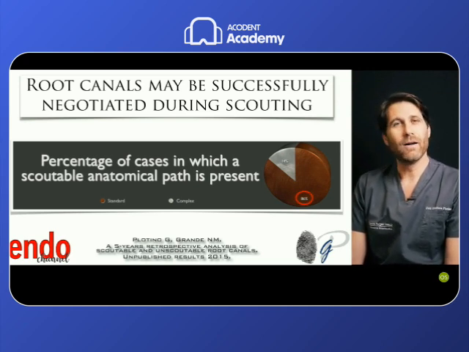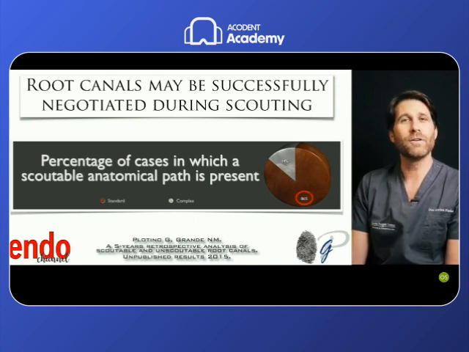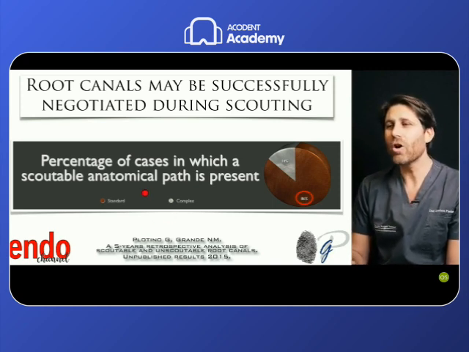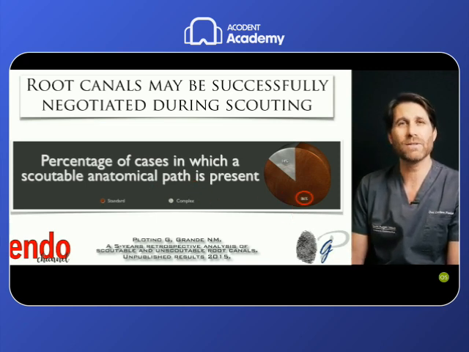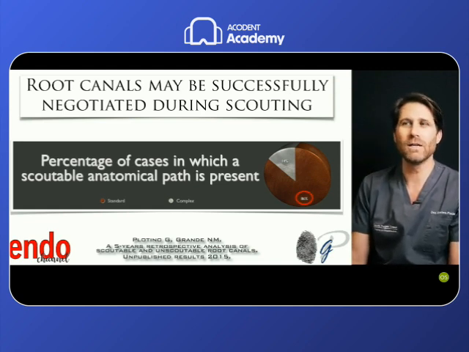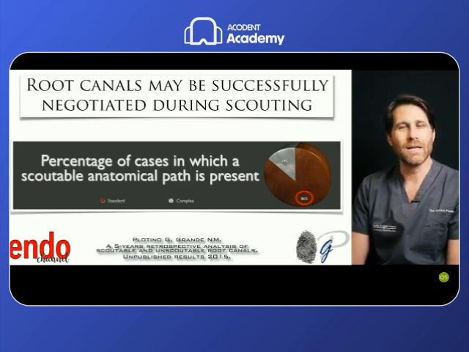In my past years, I have reviewed the cases that I have performed, and I have seen that the root canals are patent and the anatomical path is present and scoutable in around 85% of the root canals. Those are all root canals that I have treated, so probably in the anterior teeth, single-rooted teeth, this percentage can be increased to 90 to 95%, while in molars, where the scouting may be more difficult, it can be reduced to 75-80%. Those are the percentages that I can give you.